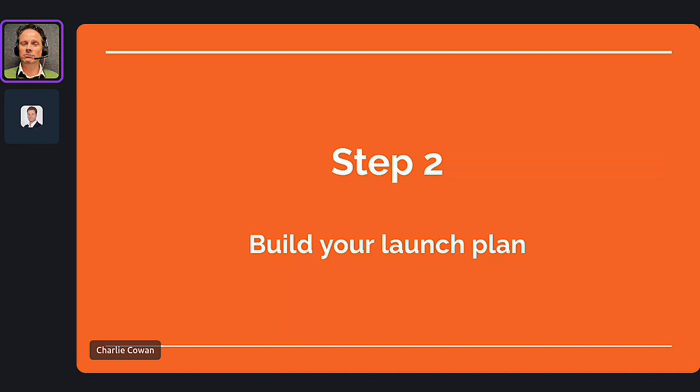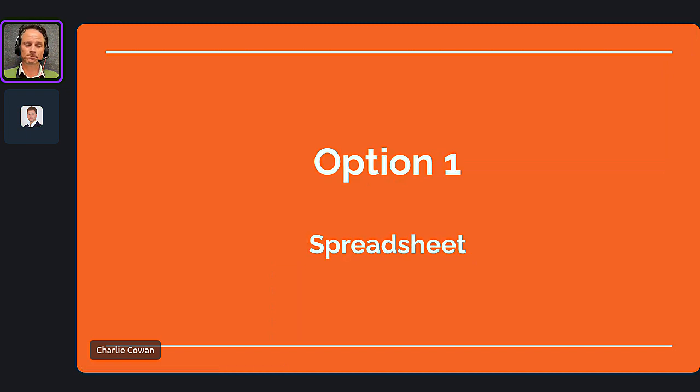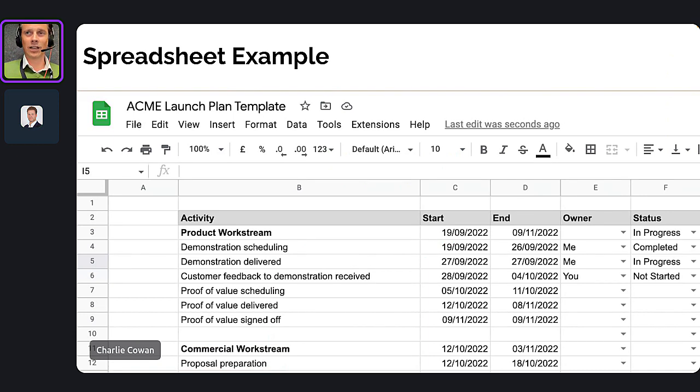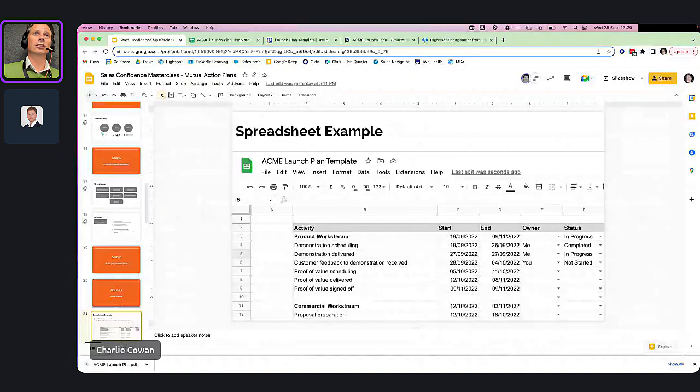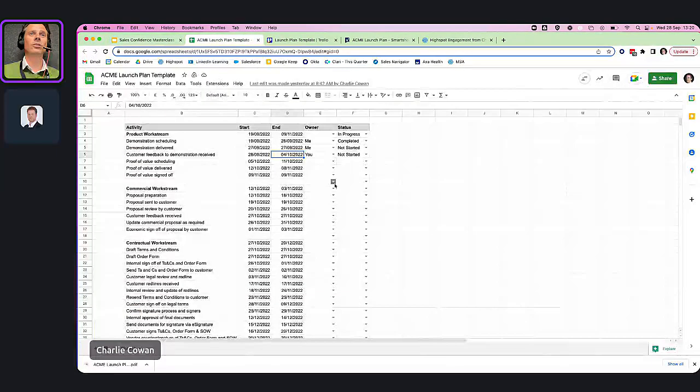Having documented that, you'll probably do that on a spreadsheet, maybe in a table in a document. You can now go to building your launch plan. And the first example I'll give you is just of doing it in a spreadsheet. And you've probably seen things like this. Maybe you do this already today. I'll actually go live into that spreadsheet example.